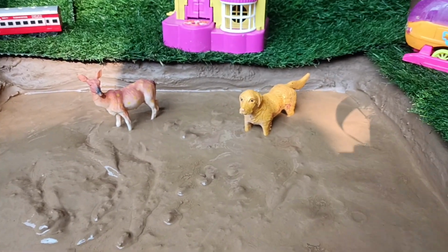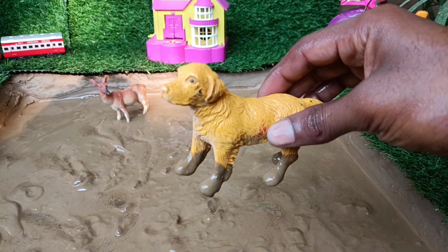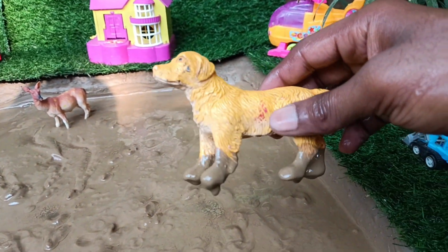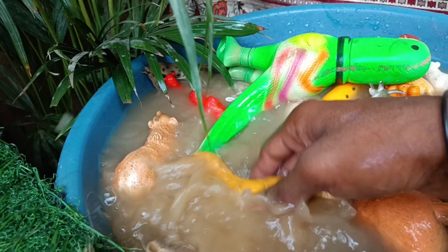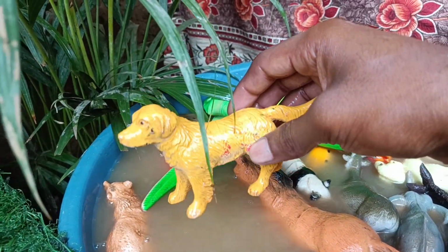Now the next animal you have, friends, is a dog. We also clean it by taking it out of this mud. Dogs are known for their loyalty and companionship to humans. They are often referred to as man's best friend due to their long history of